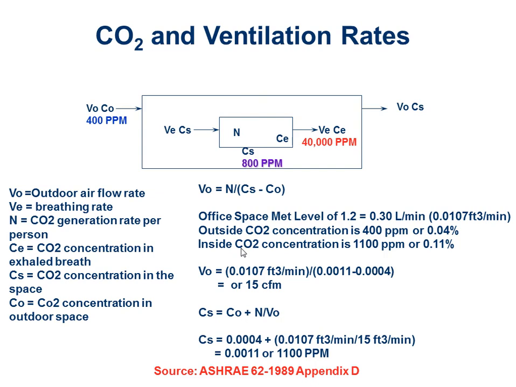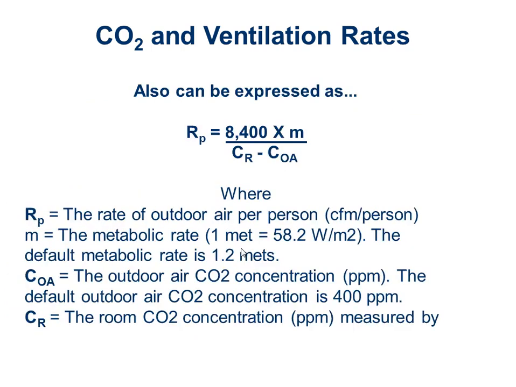So when someone tells you you need 5 CFM per person or 20 CFM per person or whatever it's going to be for a given space, those numbers came out of this formula originally. That's how at ASHRAE we decided how much outside air to bring into a given space. We took the CO2 levels and the people generation and backed it out. So this formula divests itself down into a simplified version, which I'll show you right here in the